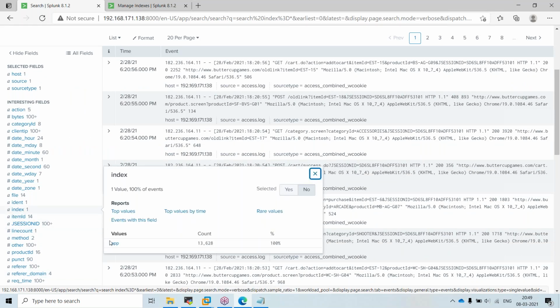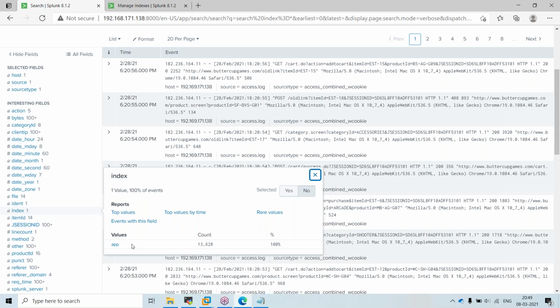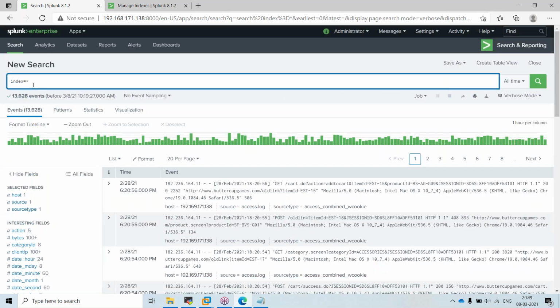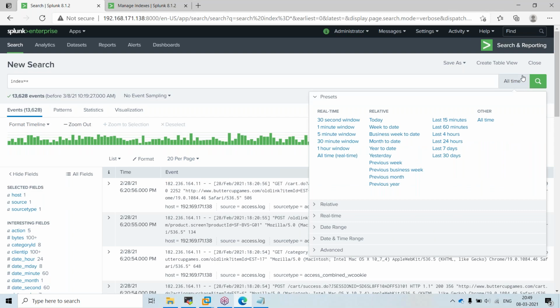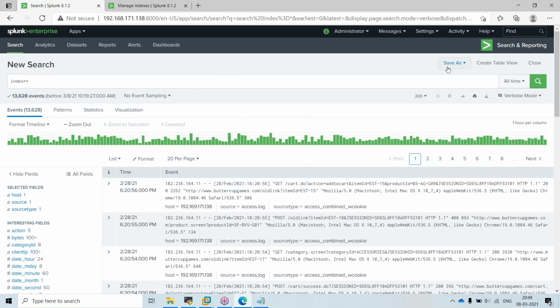And where exactly can we see the names of the indexes? Under index, you will have one column called index. So if you give index equals star, but it's not a good or better way, because it will search for multiple things. Just give last 5 minutes or last 1 minute. No need of putting all time or last 24 hours, it will be CPU intensive.